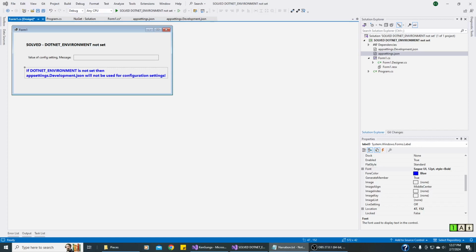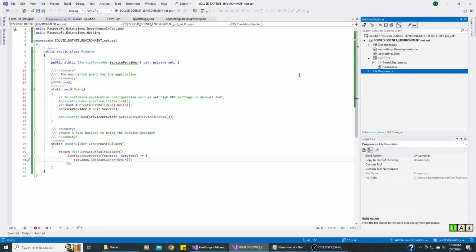This tutorial will show how to solve the problem when the .NET environment is not set in a .NET 8 Windows Form app. I've modified the program.cs file as you can see here. It's set so that Form 1 can use dependency injection, and the default builder here should create a good configuration file for us, but we're going to find out that it won't find the appsettings.Development.json file that I've already set